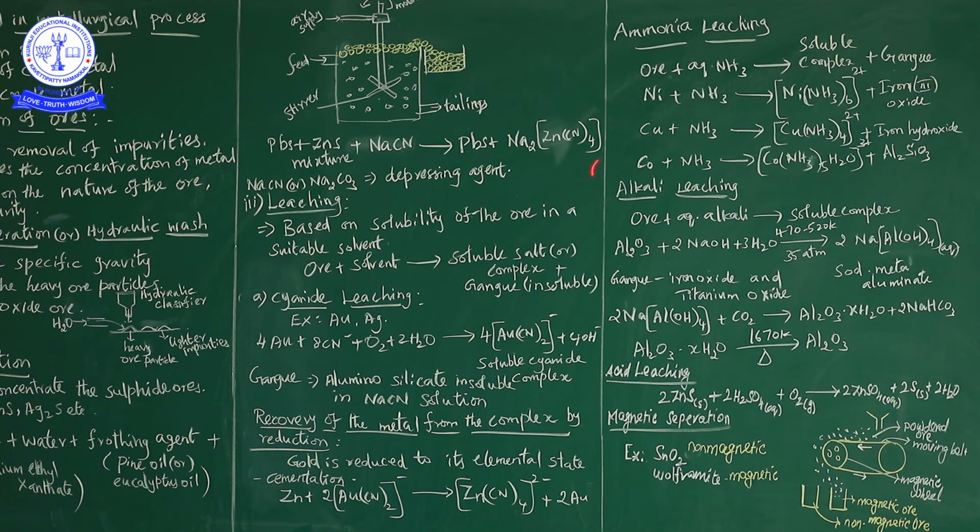So the next one is ammonia leaching. This is the second type of leaching process. We saw 4 types in the concentration of ore; one of the methods is leaching. From that leaching, the second type is ammonia leaching. From the name we can conclude which solvent is used in the leaching process. From the name we can identify what solvent we used for that leaching process, right? So what solvent have we used?